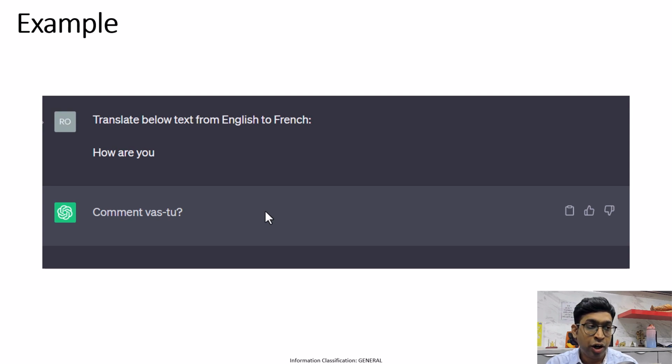We needed a lot of annotated training data to achieve such task. In this case, we would need a lot of translation annotated data to achieve this task. But here, the model is able to do all the kind of different tasks like classification, translation, or question answering